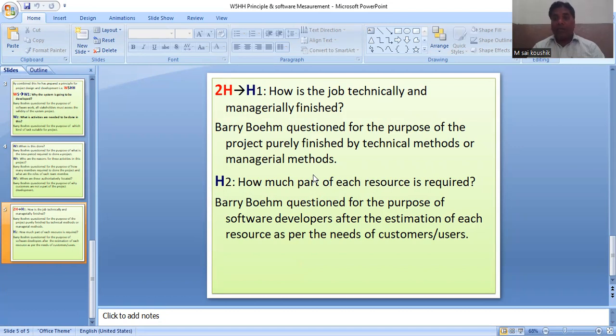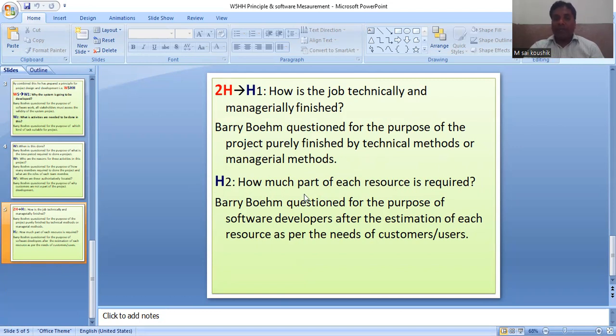But the management provides one kind of project. After receiving the project from management, you decide which kind of resources are possible to apply here. It is called managerial jobs. He has to show whether the project is finished purely by technical methods or managerial methods.